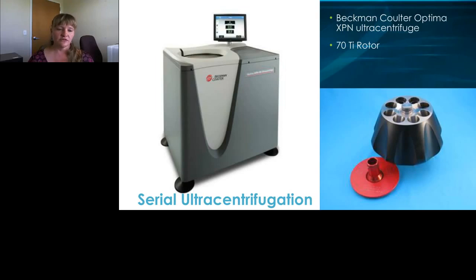The gold standard for EV isolation is the separation of EVs via serial ultracentrifugation. Specifically noted here is the Beckman-Coulter Optima XPN and the 70 Ti rotor, or others you can use. I will run through a typical protocol for human serum serial ultracentrifugation. So if we isolate EVs from human serum,